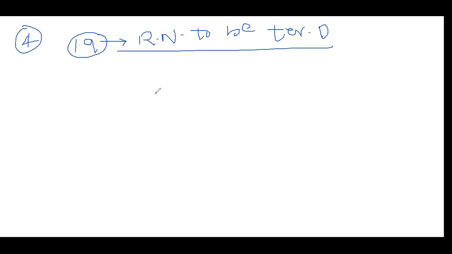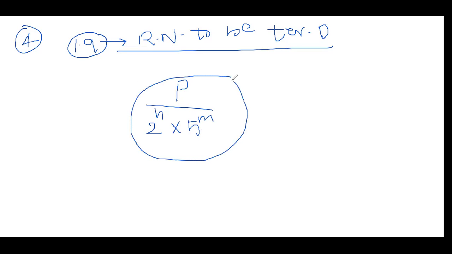In that, they said that if a rational number is not an integer, they are saying that, but not an integer. What are integers, guys? Other than fractions, all are integers only. Other than fractions are called integers. Either expressed in the form of what? p by 2 to the power of n and 5 to the power of m. If you express anything in this form, then the numbers are called terminating numbers.